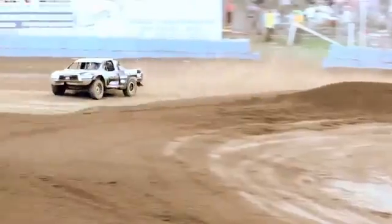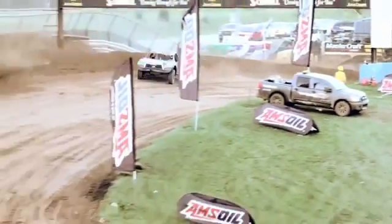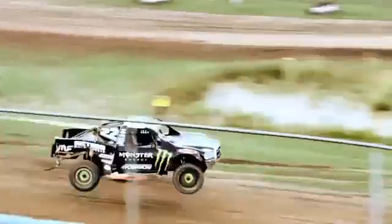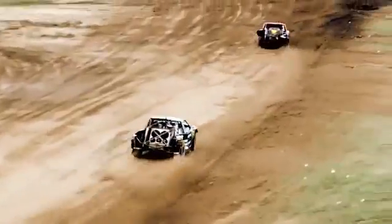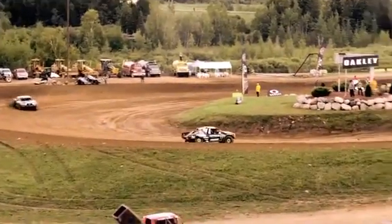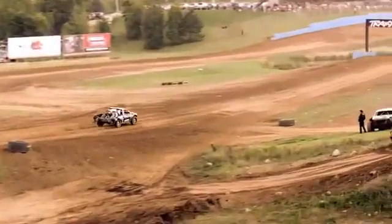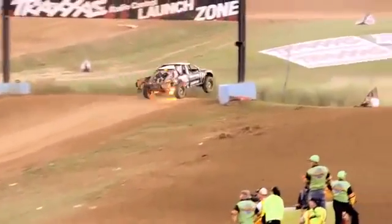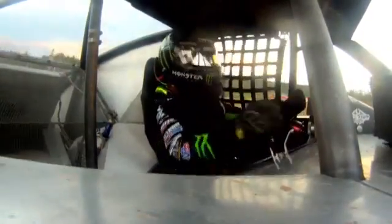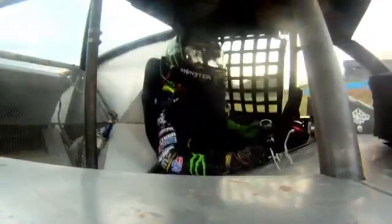And Johnny Greaves is closing. We just saw him pull a tear-off. That means he's getting some roost from the trucks in front of him, and Chad Horde stands between him and his son for the lead. And CJ Greaves there coming out of that turn in the lead. He hopes that Horde and his father, Johnny Greaves, get to tangle a little bit, because that will allow him to pull ahead. Well, that's what you would want if you're out in the lead, because you've got nothing to